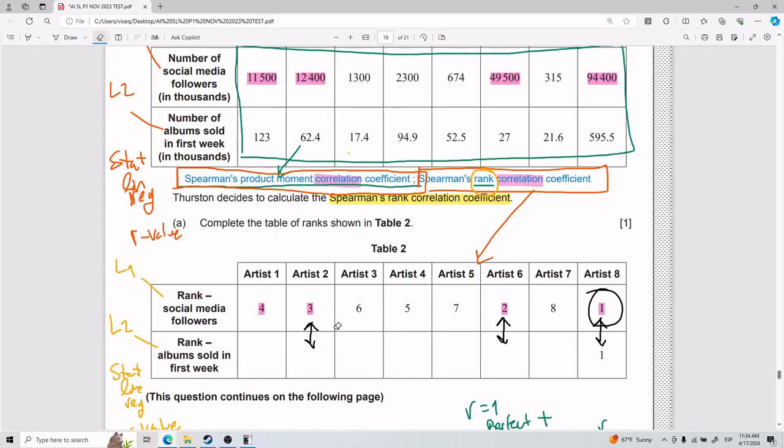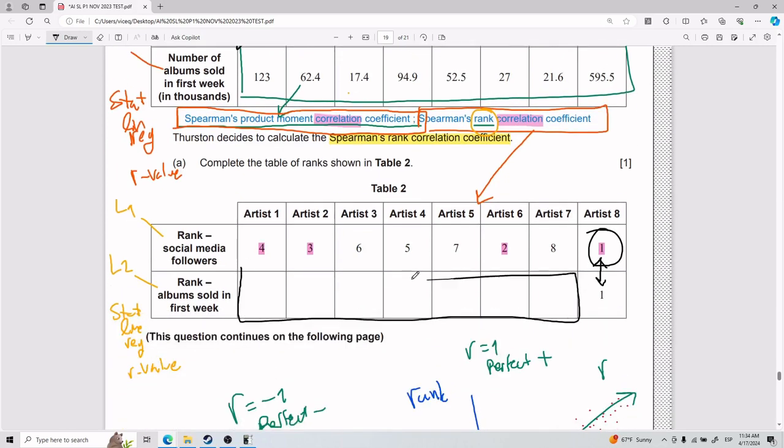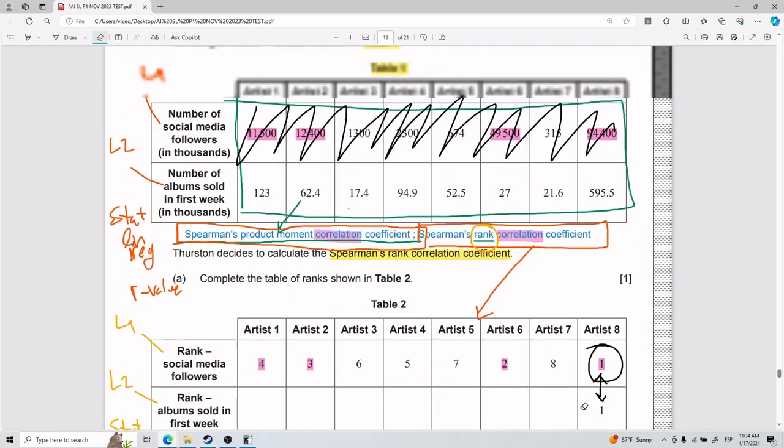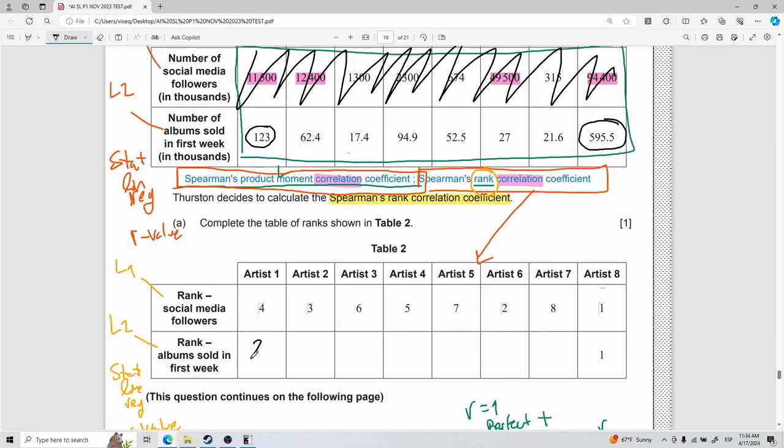Anyways, enough explanation. Let's go piece by piece. Looking at just the table on the bottom, because that's all we really care about, since we're only trying to fill in these boxes here. The one in first place clearly is this 595. Which one is the next largest after 595? The 123, okay? So we're going to start circling so we make sure we already counted it. The 123 goes here, so this one is second in rank.